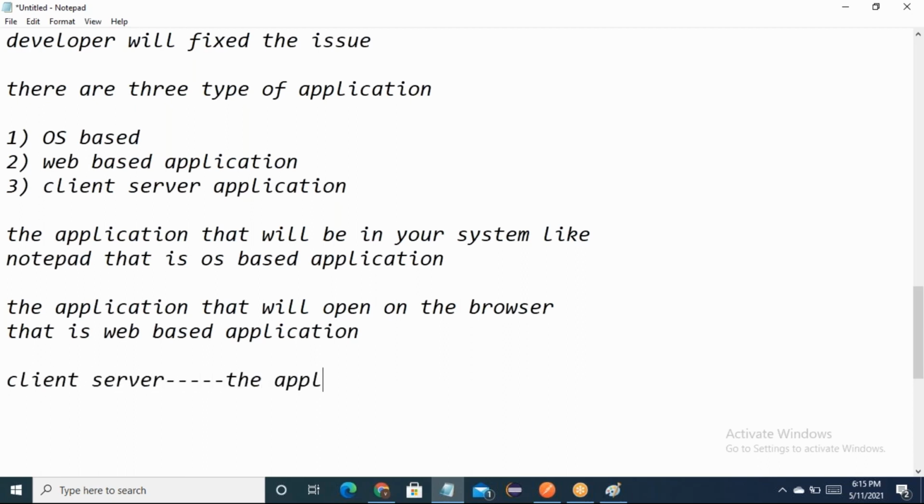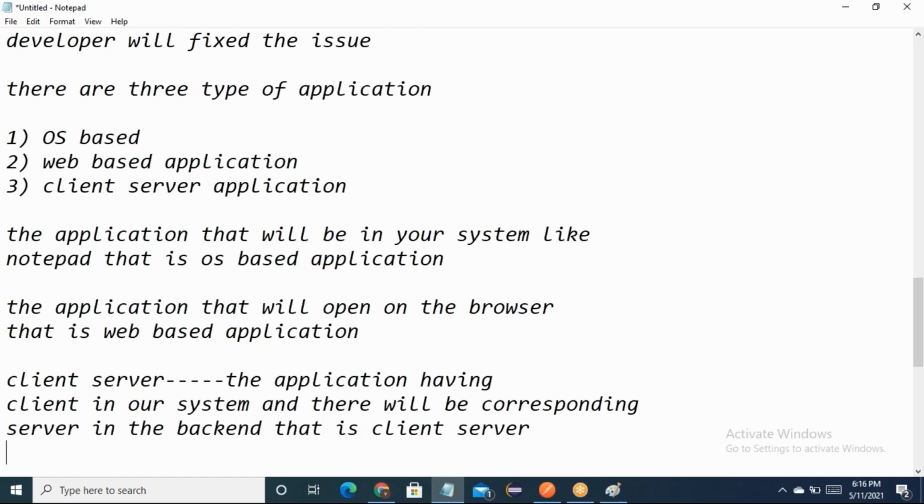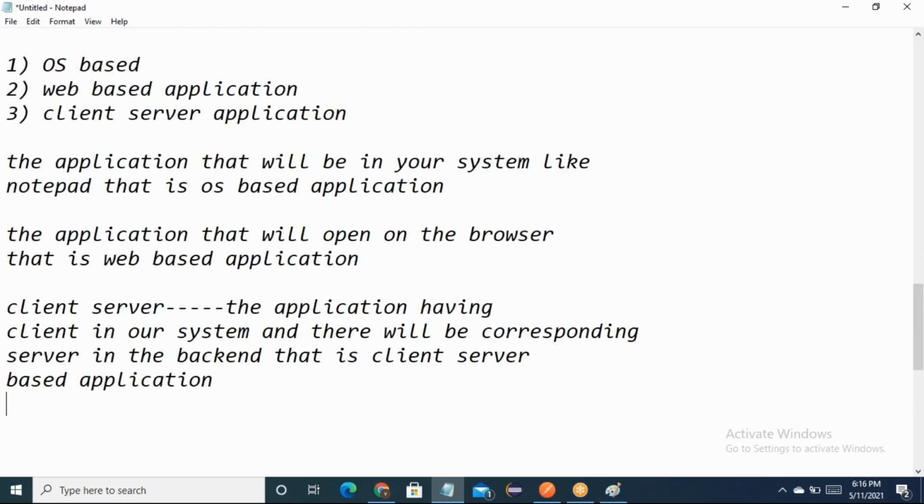The application having a client in our system, and there will be a corresponding server in the backend, that is a client server based application. For example, something like Skype,